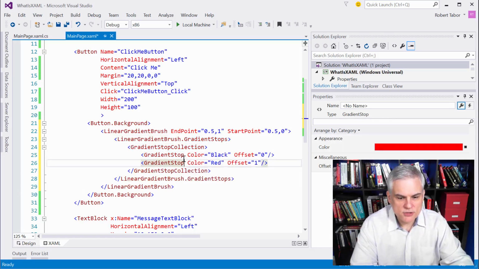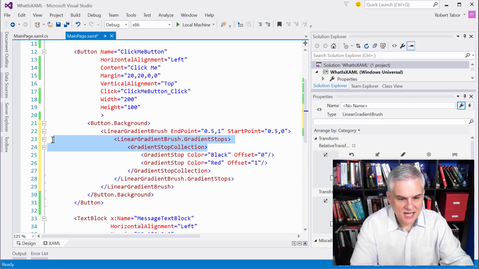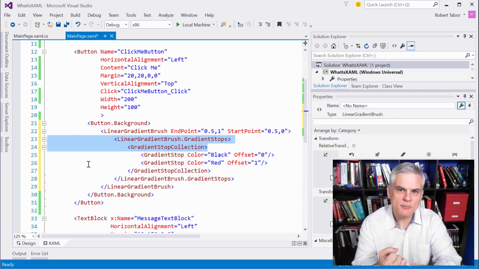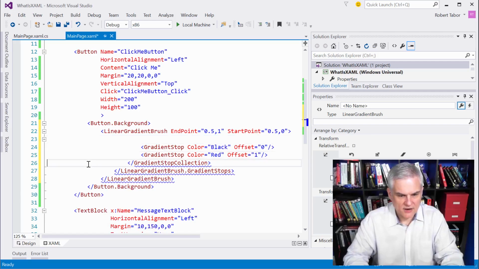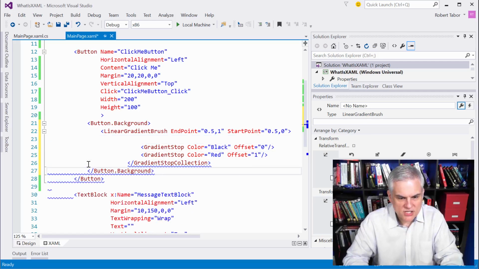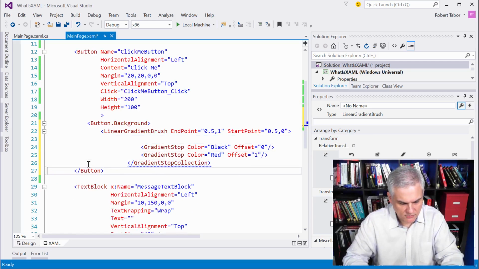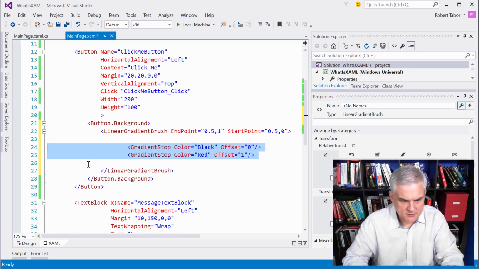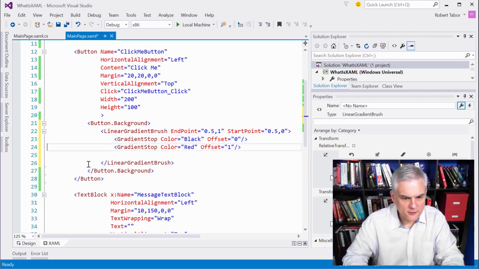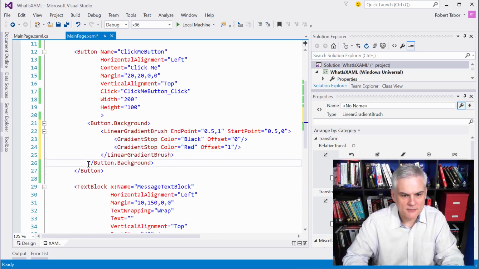So since we just put 2 gradient stop objects inside of a linear gradient brush, it knows that we're dealing with the default property, and that default property is of type gradient stop collection. So we don't even need to put that in there. That's already implied. We can just give it the 2 gradient stops, and it can infer the rest that it needs from its